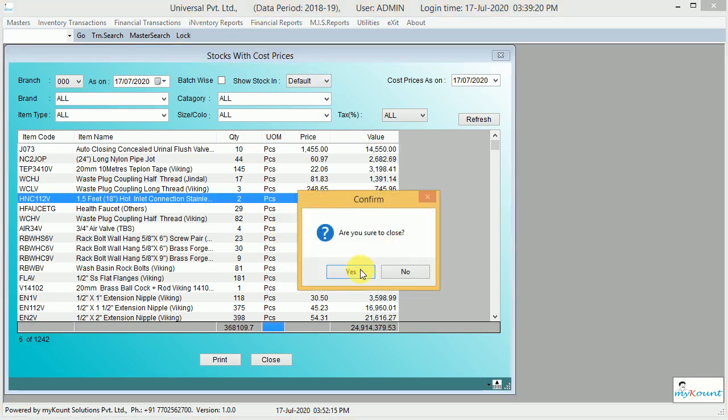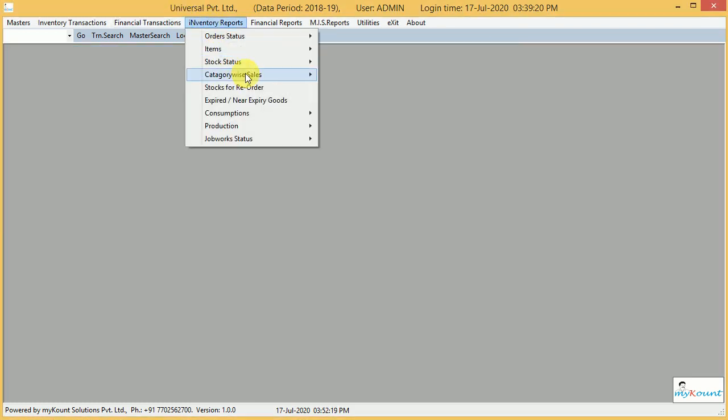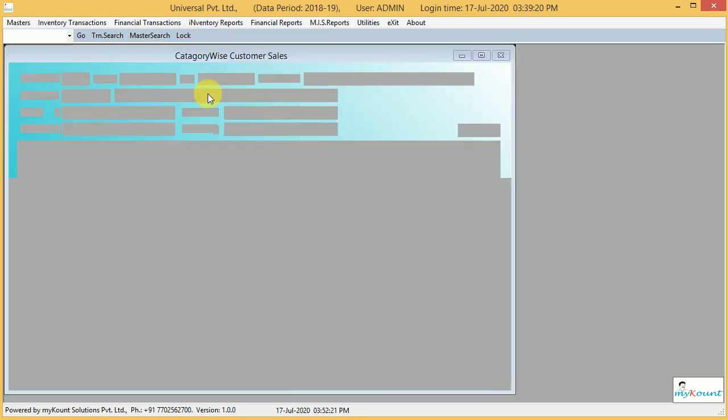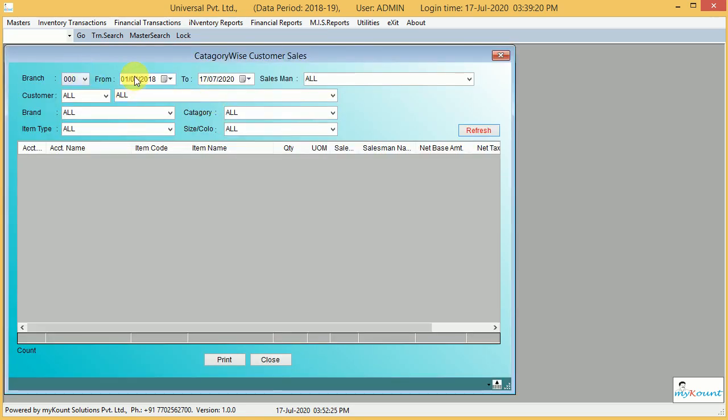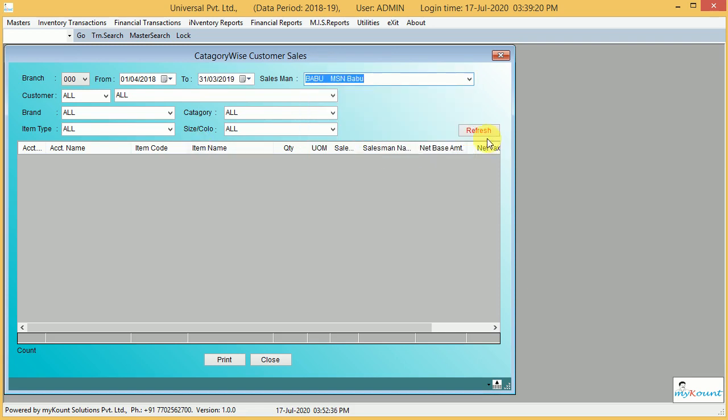Next, category wise sales, here detailed and summary. Here select the branch, after that from date and to date. Here select the salesman. After that do refresh. So whatever this particular salesman sold, everything will be displayed here.